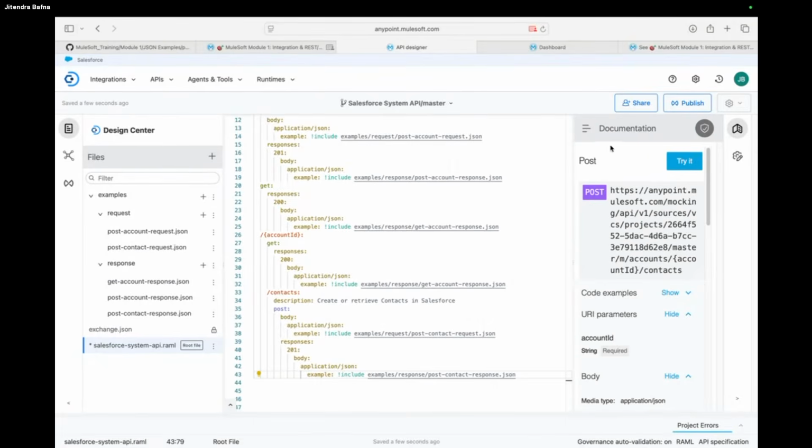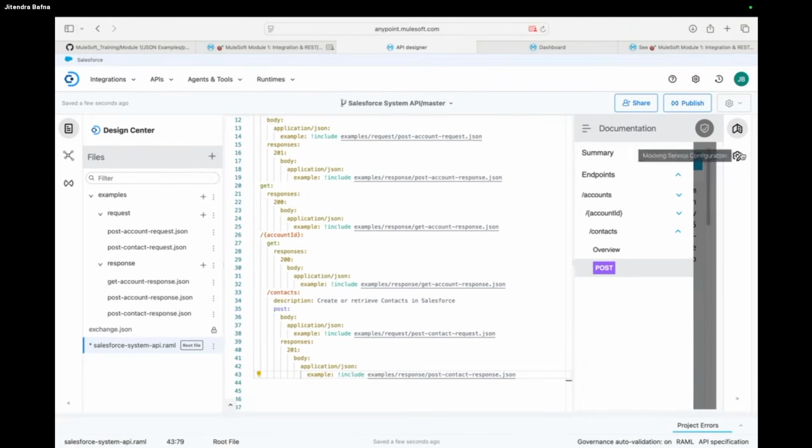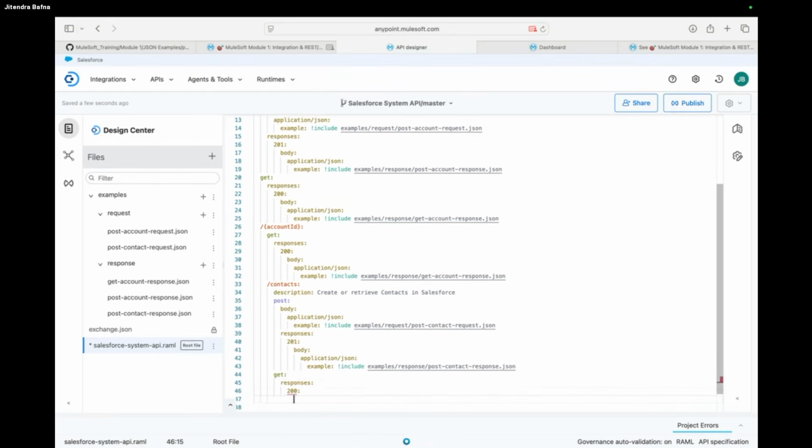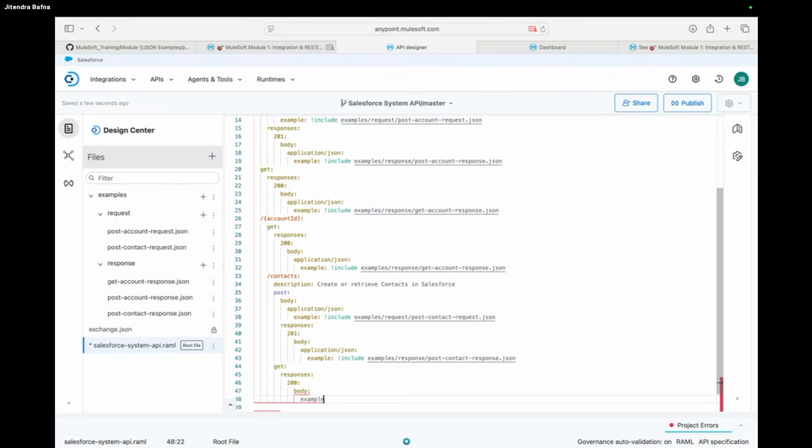We need one more method. Let me do that. It should be get. We have to get all the contacts for that particular account ID, right? So I will just say get. In get we have responses, 200, body, example.